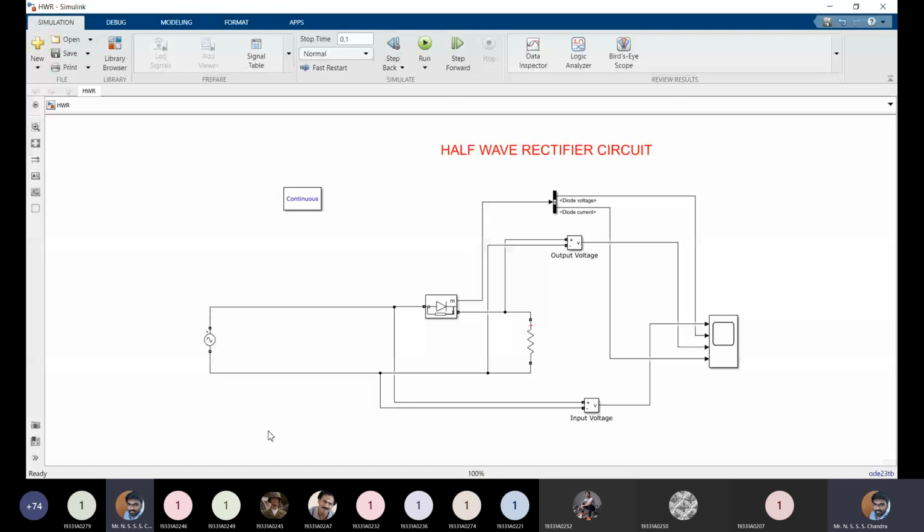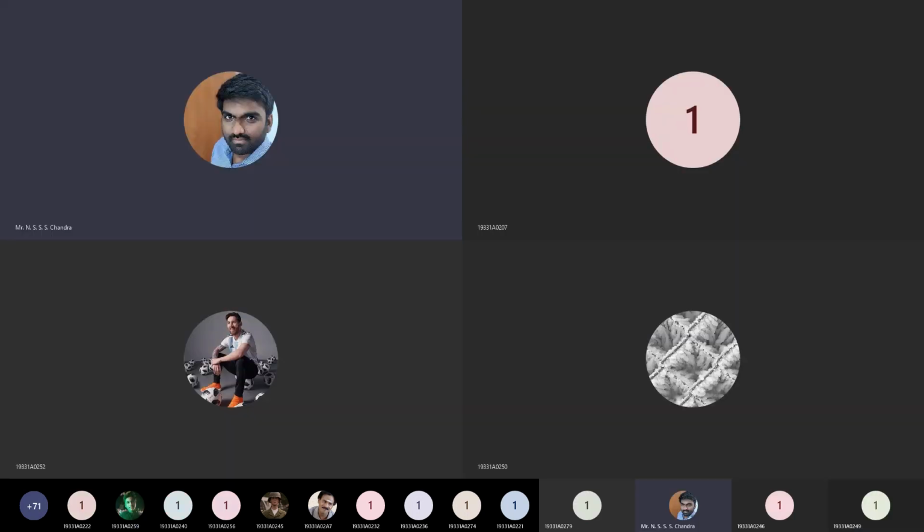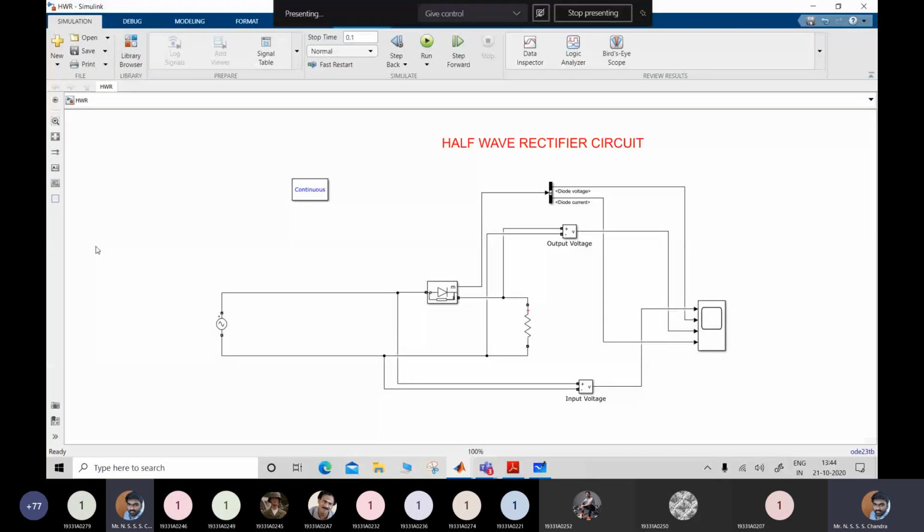On the left hand side you have a voltage source, a simple sinusoidal voltage source. Let us check what is there in the voltage source. What's the amplitude, the peak value you are seeing? Can you see the peak value? I think the window is off, only the diagram is shown. So I'll reshare the entire desktop window. I think now you will be able to see it.